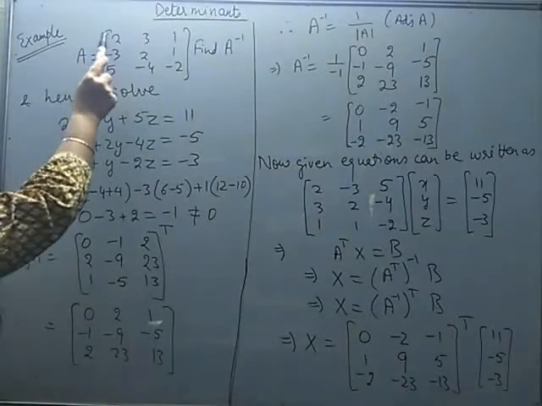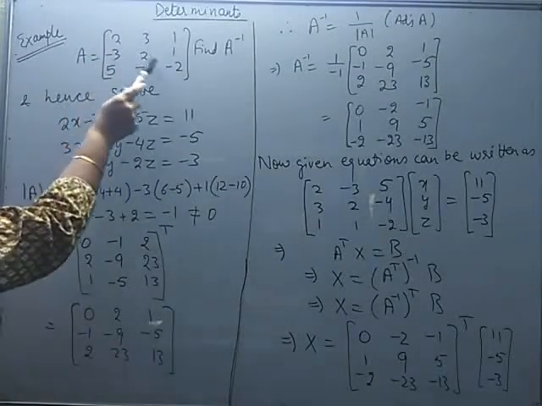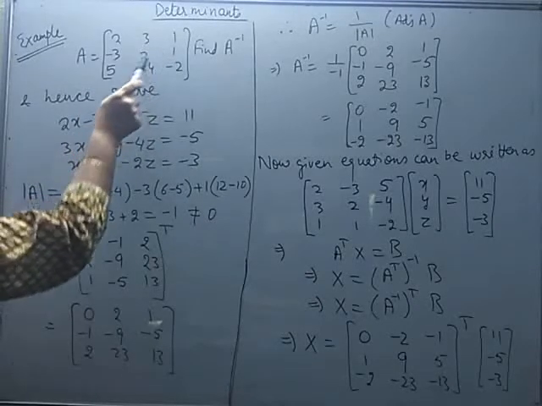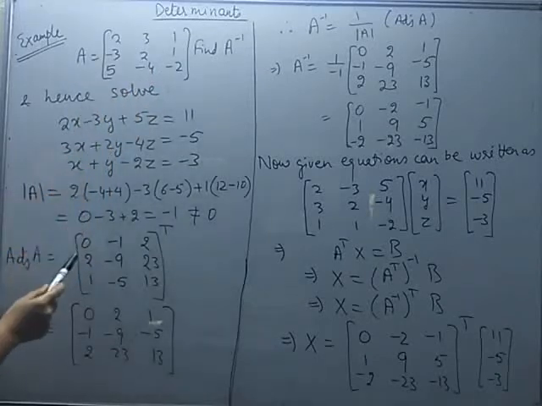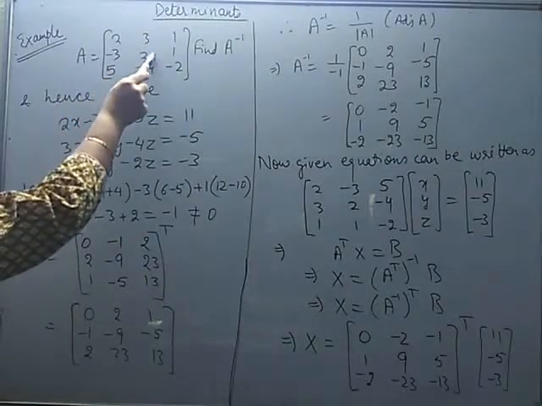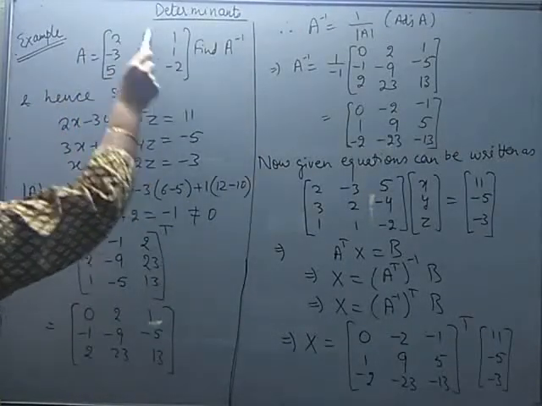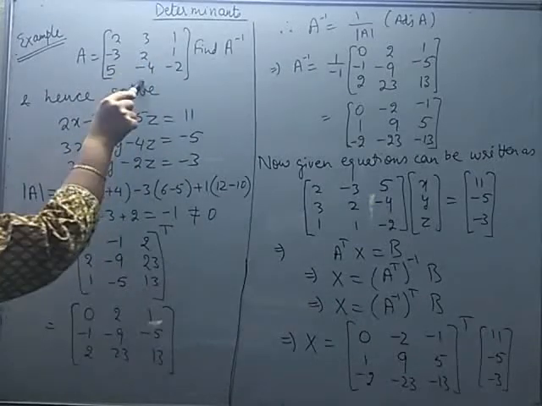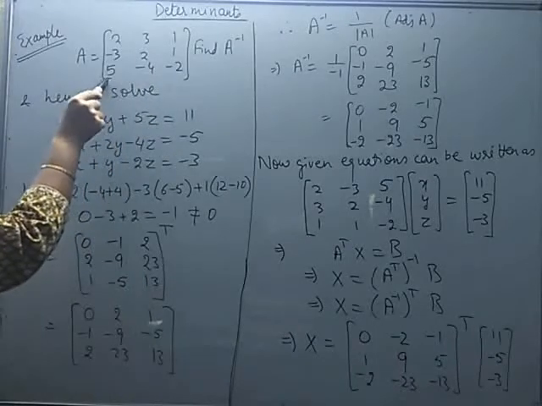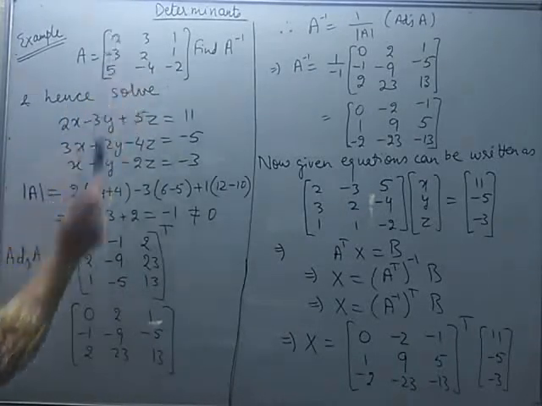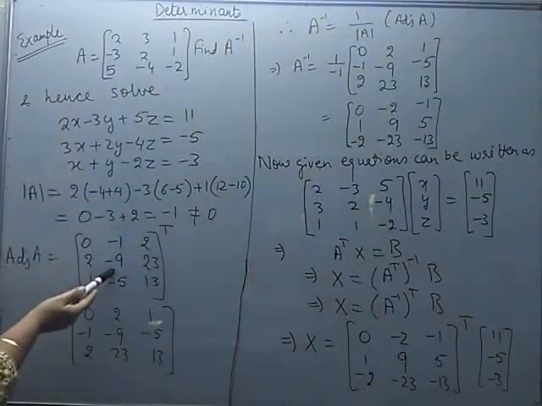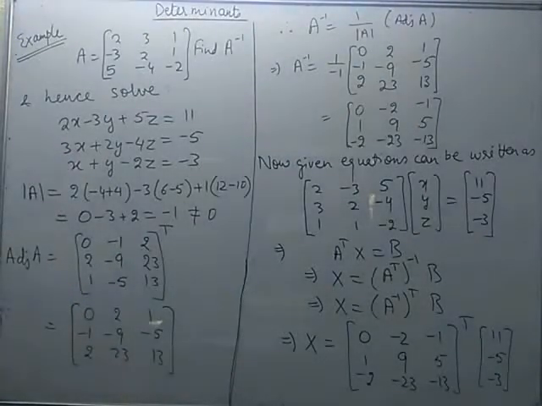Like for the first one, I will be hiding the first row and first column. So 2 into -2 is -4. Then minus of -4, that makes it +4. So -4 plus 4 gives us 0. Okay, let us try for this element 2. For this I will have to hide the middle row and the middle column. Second row, second column. So 2 into -2 comes out to be -4. Then -5 into 1, -5. So -4 -5 is -9. And because its position is 2, 2, this -9 multiplies with +1 only.